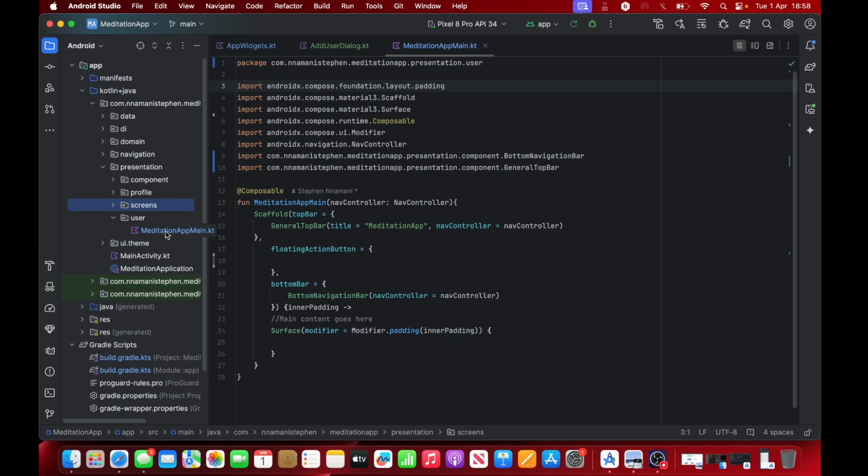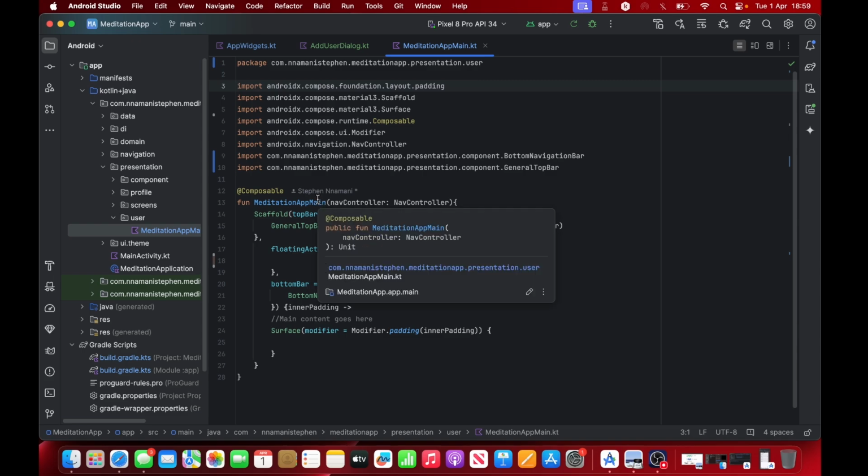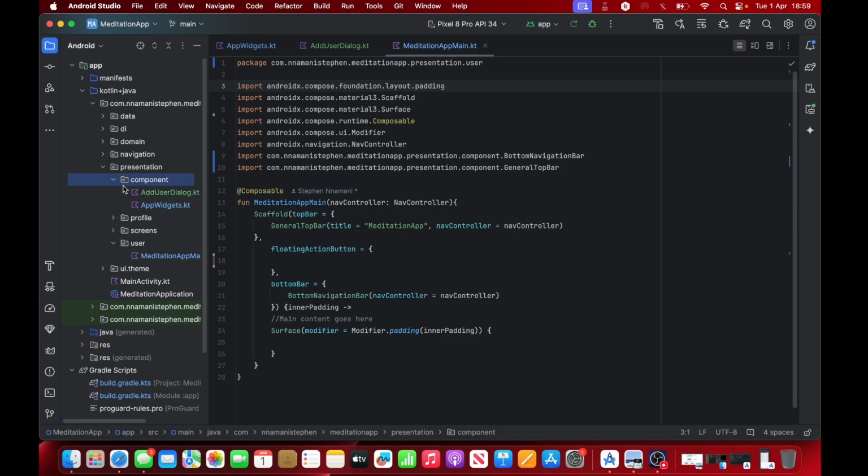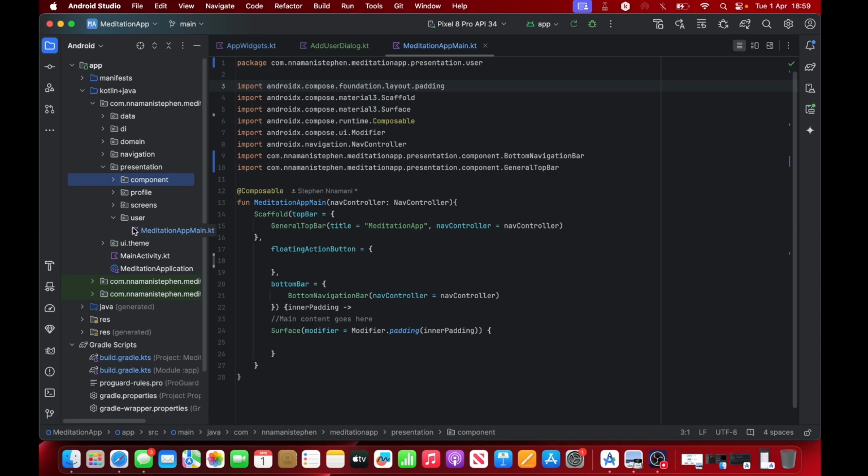So now here we'll have this main screen, which is our main screen, but we will need to do some modification from our old app actually. So that modification is that initially the floating action button was implemented in our app widgets, which is in the components here, but now I want to do that in the main screen because I don't want to be passing parameters around. So I just want it to be